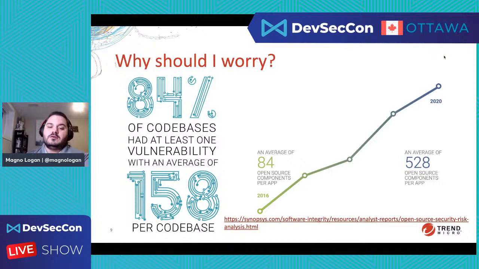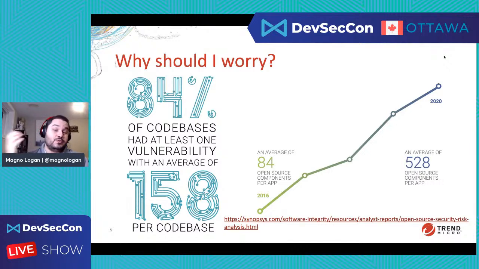Another thing, on the right side of this slide, is that back in 2016, our applications usually had an average of 84 open source components per application. That means 84 libraries, third party components or dependencies that you needed to make your application work.